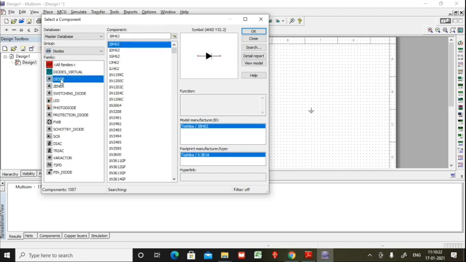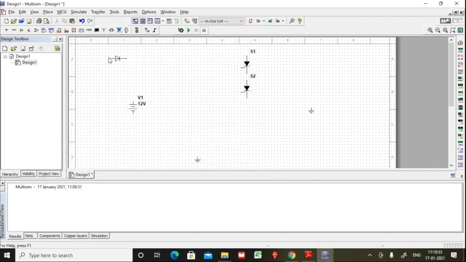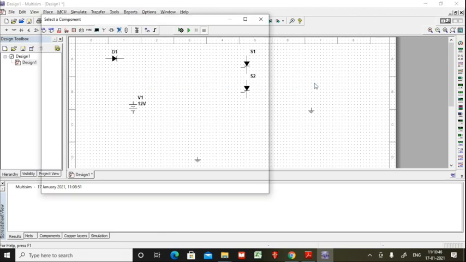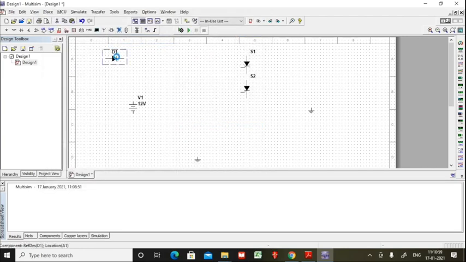Go to the diode section and place it. Let me check whether this is correct.